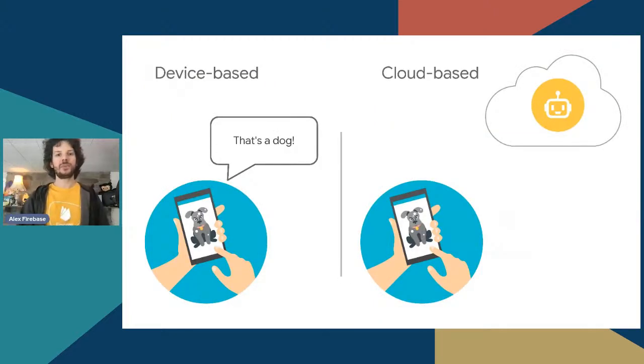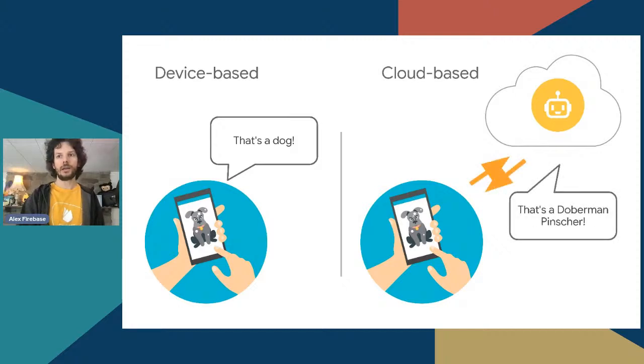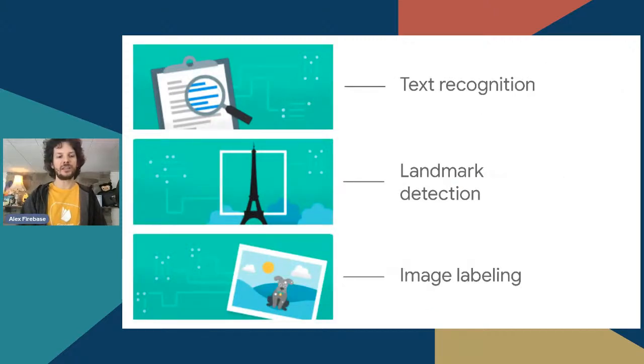So for example, a simple example of an on-device ML would be looking at a picture and figuring out if it's a dog or not. And the system can take care of that for you. Now, if you have a very common use case, like one of the ones on the screen, for things like text, landmark, or image detection or labeling, you probably can just use one of the simple models that we have